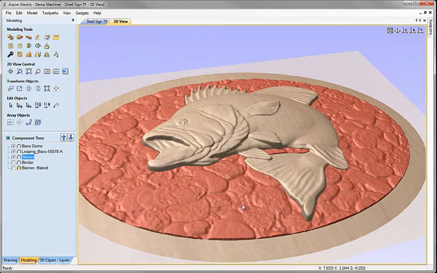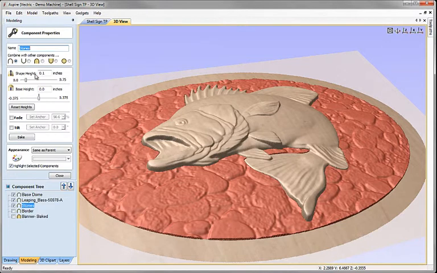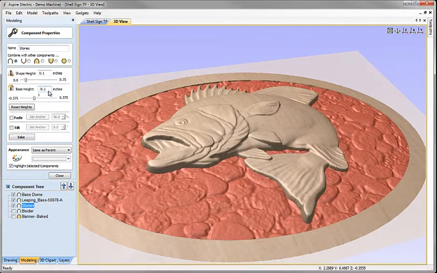Now, as I said, I want to move this down so that it still follows the shape of the dome, but that it's not fighting with the edge of the fish here. So with that component selected, I'm going to click on the icon here to change the properties. We already adjusted the height of this to 0.1, and what I'm going to do now is just drop it down 0.1 of an inch vertically. So I'm going to put in a base height of negative 0.1, hit the space bar in order to apply